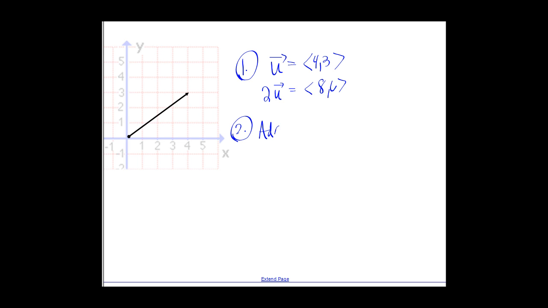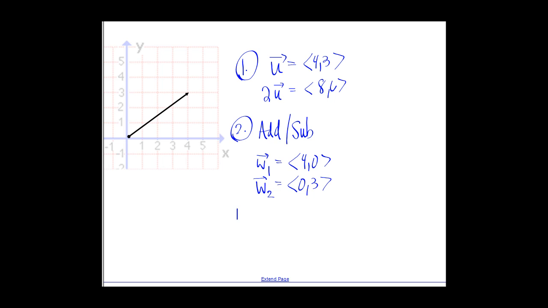For the first one, you learned that if you have vector u as 4, 3, you can multiply vector u by some scalar and get the vector 8, 6. So you're just retaining the same direction, but increasing the magnitude by a factor of 2. Number 2, you've also added and subtracted vectors. So for example, if you have vectors w sub 1 as 4, 0,